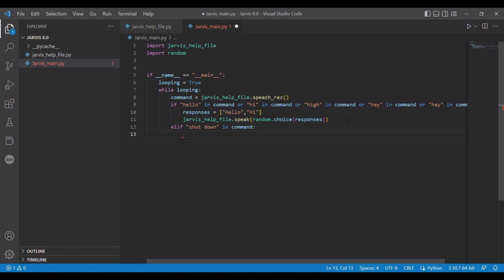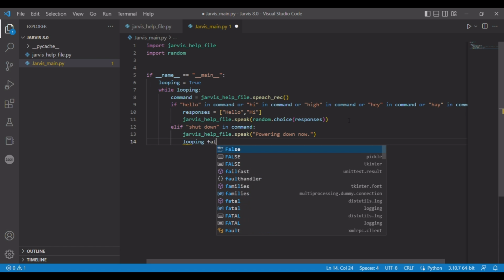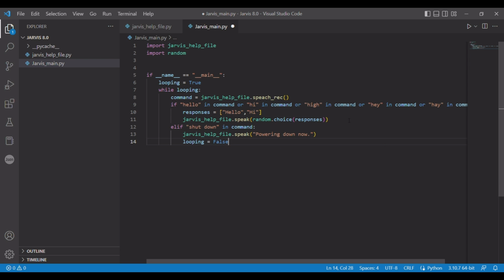We're going to give it a speech dealio. And we're just going to have it say, you can pass a direct string in. So we're just going to have it say powering down now. Punctuation doesn't matter obviously because it's speaking. Then we're going to set that looping to false. Alright, and now if it's running,